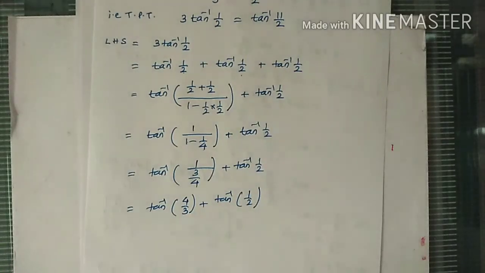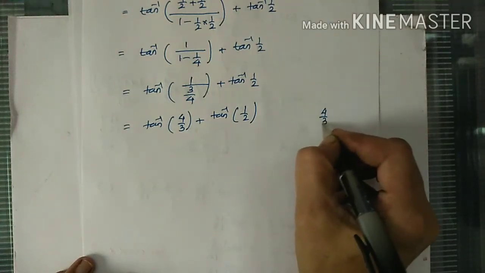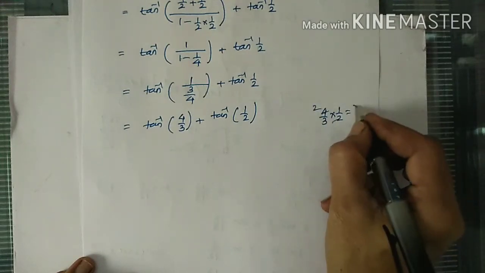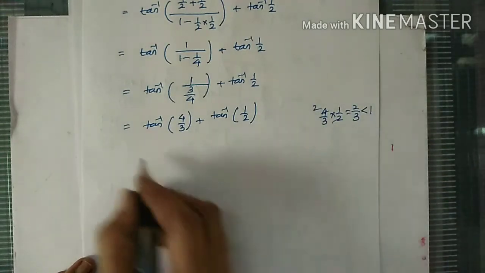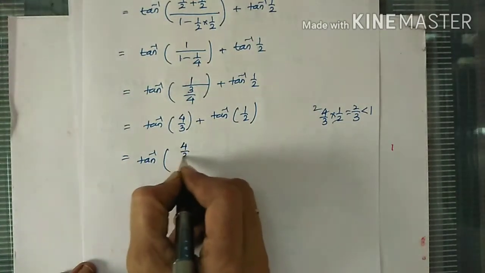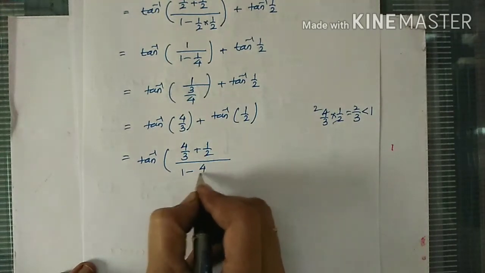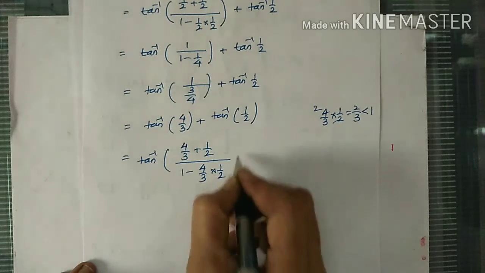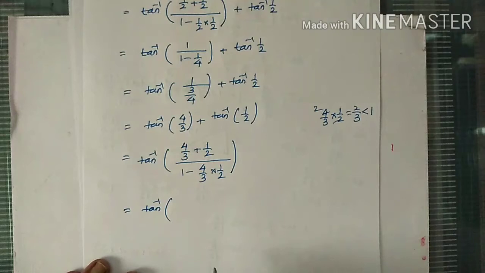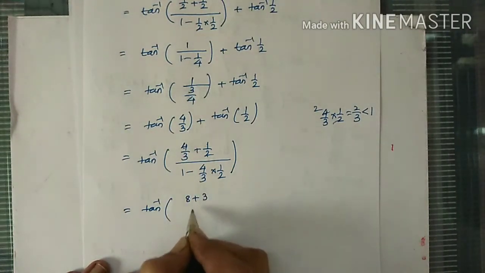Now again we have tan inverse x plus tan inverse y. So again we have to check for xy. So xy here is 4 by 3 into 1 by 2, which is 2 by 3, again less than 1. So use the same property again. So that becomes tan inverse of 4 by 3 plus 1 by 2 upon 1 minus 4 by 3 into 1 by 2. Which is tan inverse of, adding these terms, we get 8 plus 3 divided by 3 into 2, that is 6,